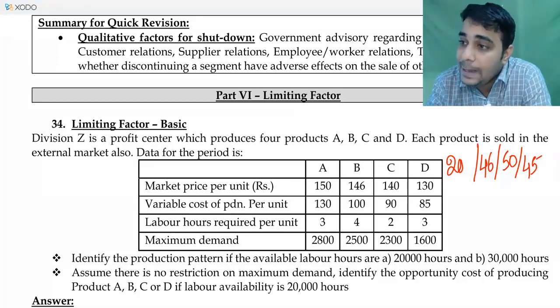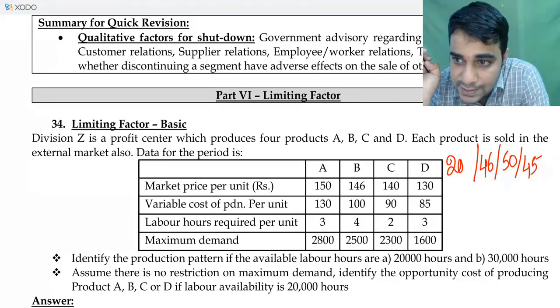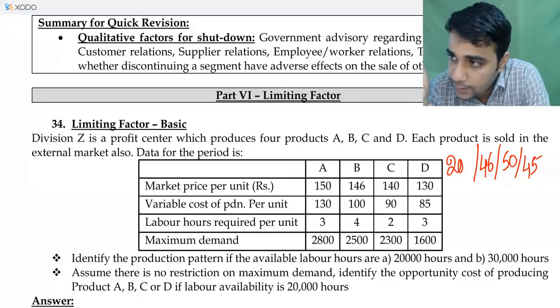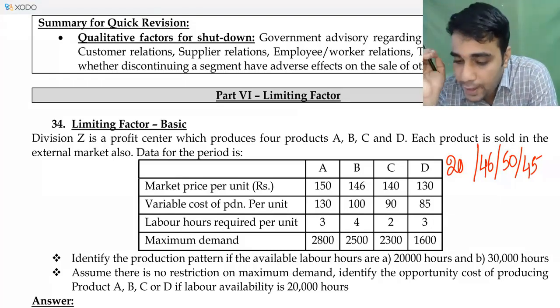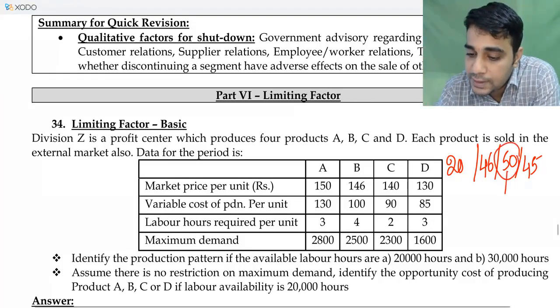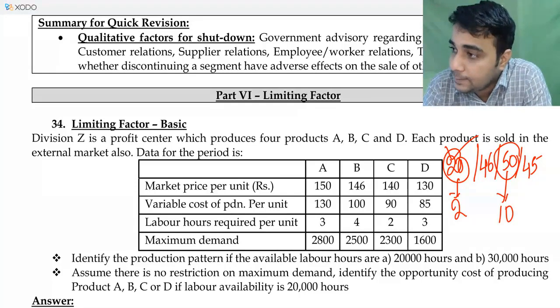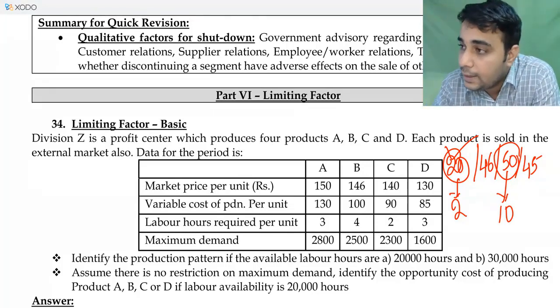Now listen, labor is a precious resource for us because it's a limiting factor. Logic is simple. If one product says give me 2 hours, I'll ask how much contribution per hour you are going to give. Some product will ask for 10 hours, for example: you can earn 50 rupees, but this will take away 10 hours, and you can earn 20 rupees only in 2 hours. 20 rupees in 2 hours is better than 50 rupees in 10 hours. Earning 50 rupees in 10 hours means only 5 rupees per hour. 20 rupees in 2 hours would mean 10 rupees per hour.